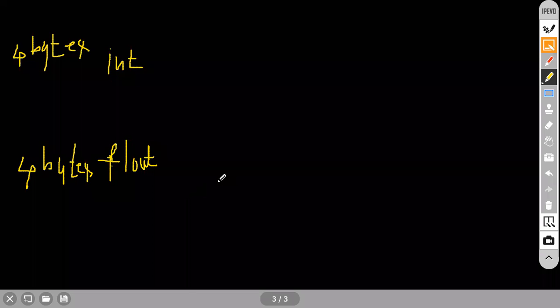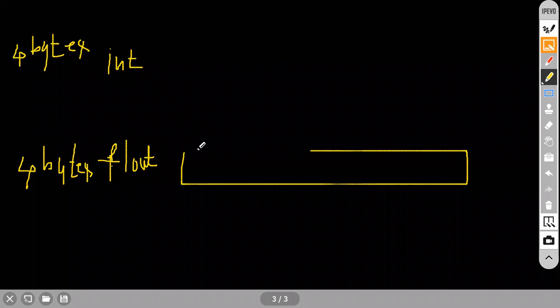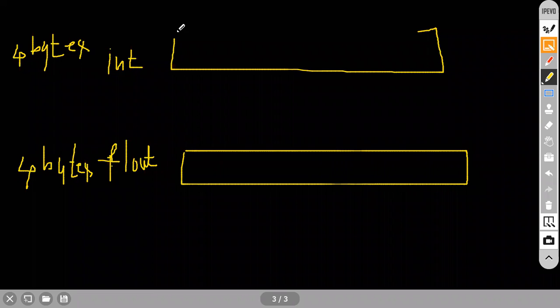See here, see the magic. 4 bytes is basically 32 bits of memory. Again, integer 4 bytes is also 32 bits of memory. I am going to store some data in this memory.